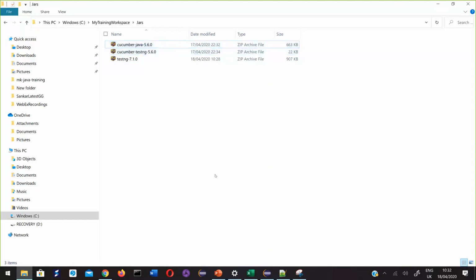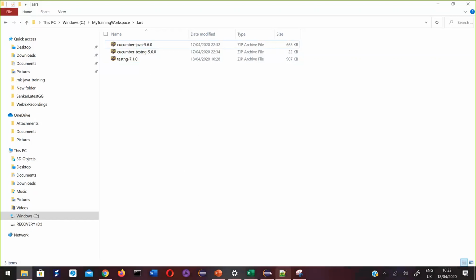This Cucumber is developed by some third party. Some organization is dedicatedly working on developing this Cucumber tool. It writes all its code, converts its code into a jar file and gives everyone that jar file. Whoever wants to make use of Cucumber downloads the jar file, then adds that to their project. So what I have done, first I have downloaded them onto my machine. Now I need to add them to the build path of my project.